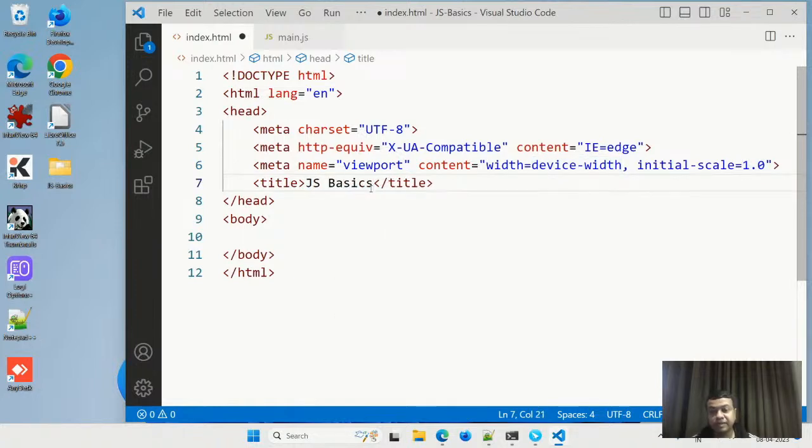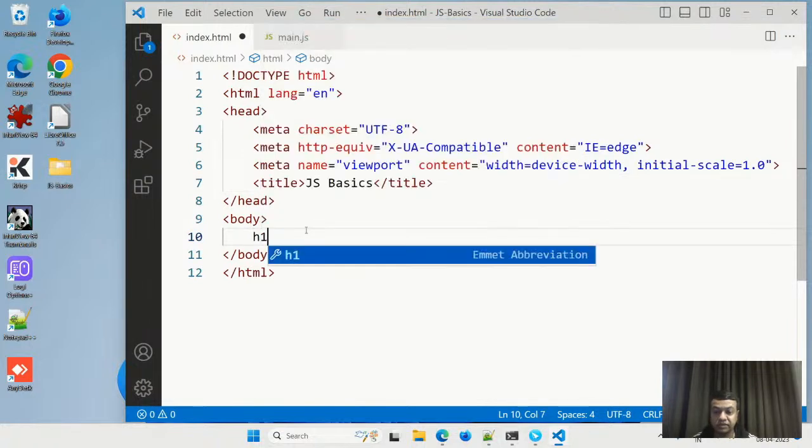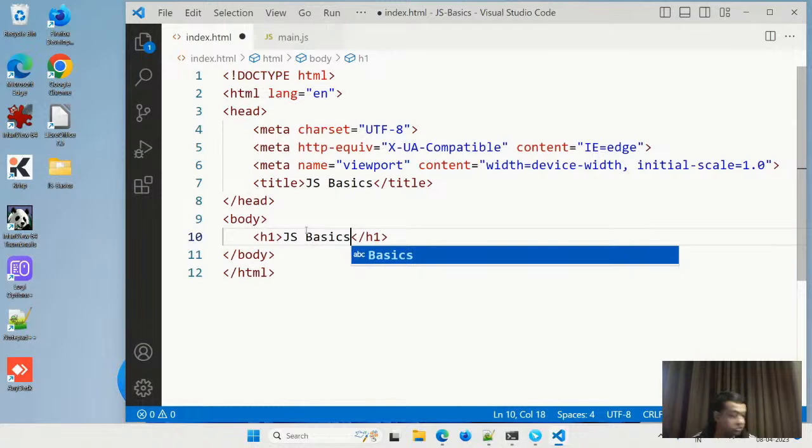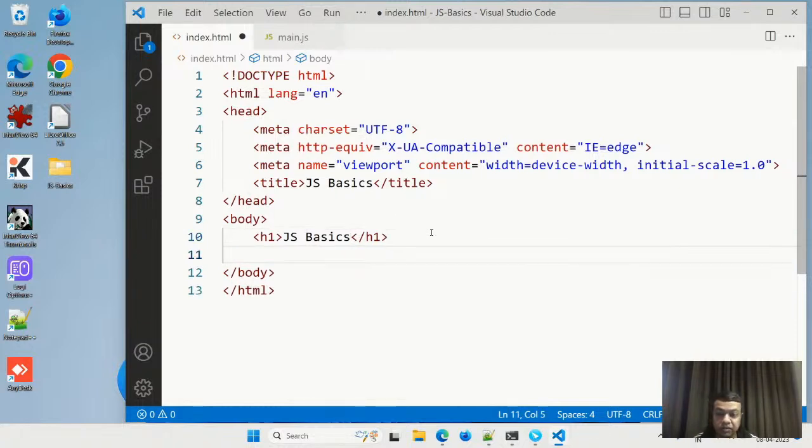I'm going to make this index.html, and this is JS basics, and h1 is basic, not the comment. I'll see the comment later on. JavaScript is a programming language. CSS and HTML, which you have seen till now, are not programming languages, but JavaScript is a programming language. And the JavaScript tag we generally include at the end.